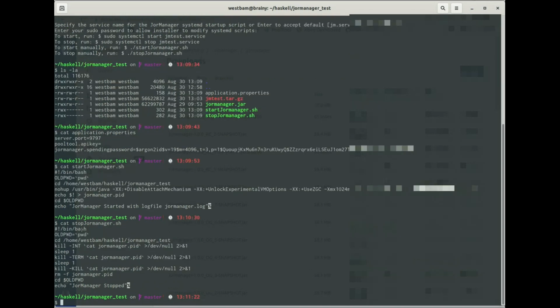And that's kind of what the stop command is doing. It's running a number of kill commands in order from least invasive to most invasive, so at the very end of the day it will get shut down if you run this command. But that's not how we're actually going to run it for this demo. We also created some system control scripts. So if we look at some of those,